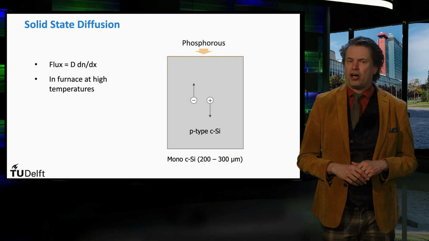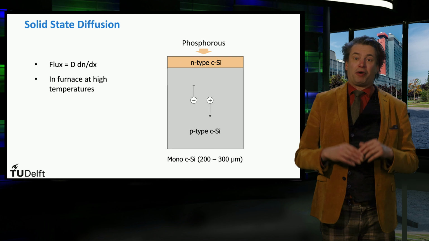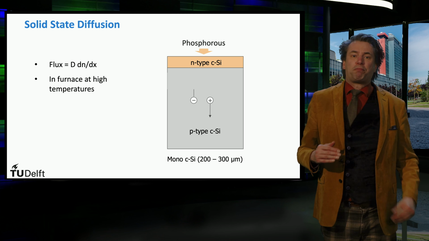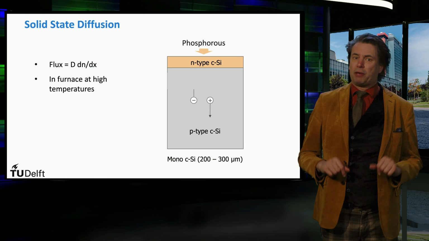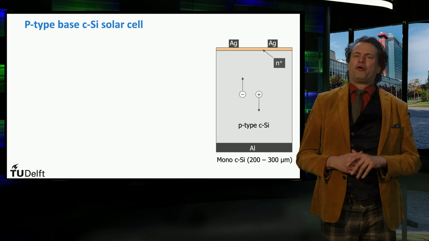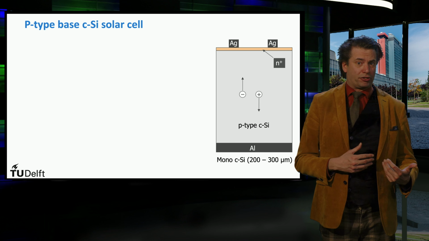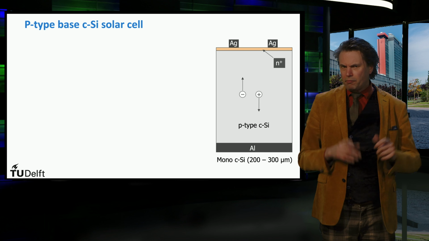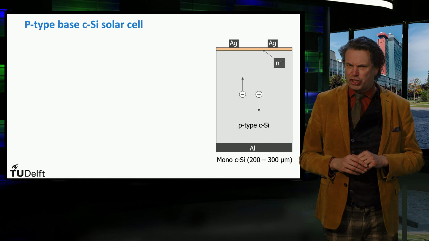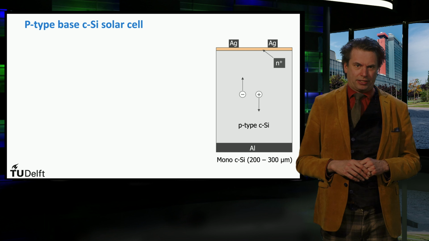Similar as we have discussed in part 1 of this MOOC for charge carrier diffusion, net diffusion occurs when there is a density gradient. The diffusion process is controlled such that the dopants penetrate into the solid to establish the desired emitter thickness. Now we are going to look at how the light-excited charge carriers in the crystalline silicon solar cells are collected. We will discuss the crucial issues which play an important role in this charge collection. This excludes the emitter layer, the metal contacts and the back contact.